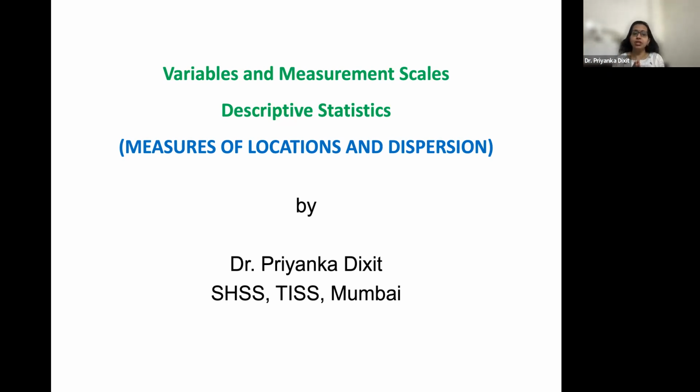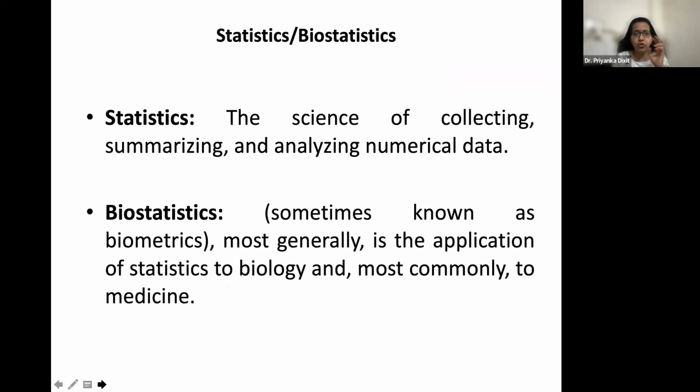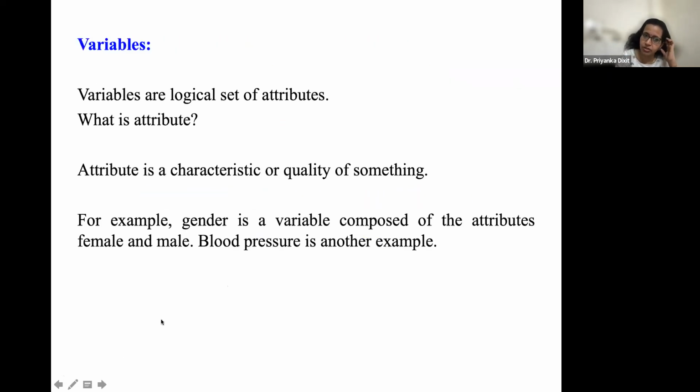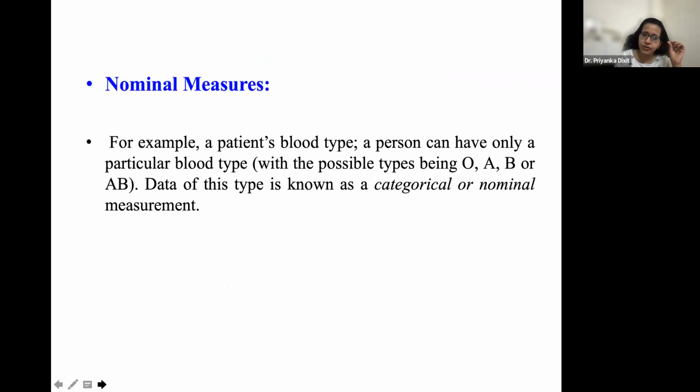Now, when we are going to discuss descriptive statistics, fine, there are basically two terms that will come. What is that? It's about the measure of central tendency and measure of dispersion. Okay, and before I start that, I hope you all are aware about variable and measurement. Is it okay? Variable and measurement, the different types of variables we have, isn't it?